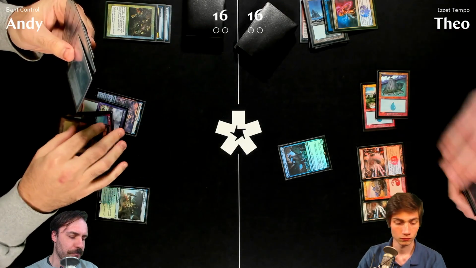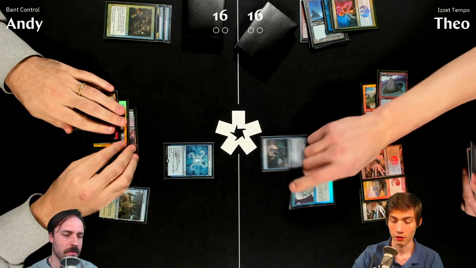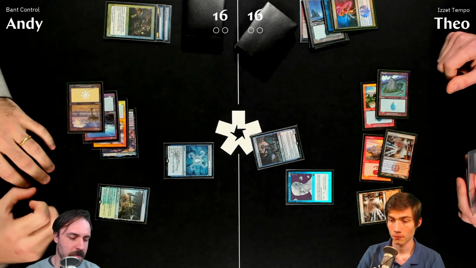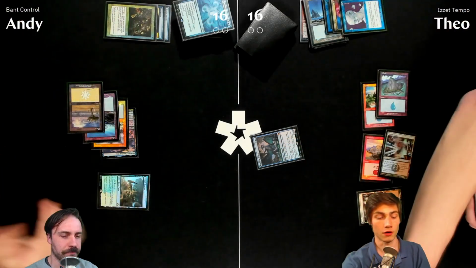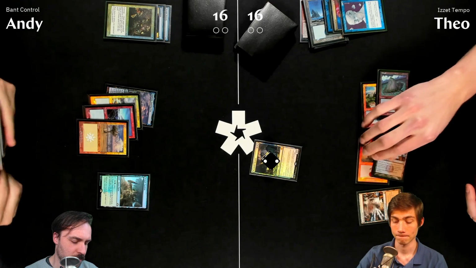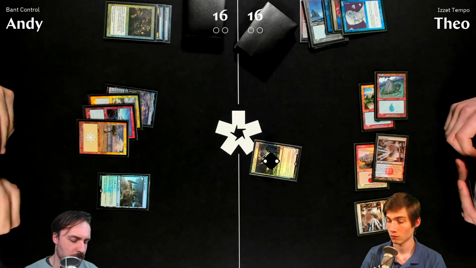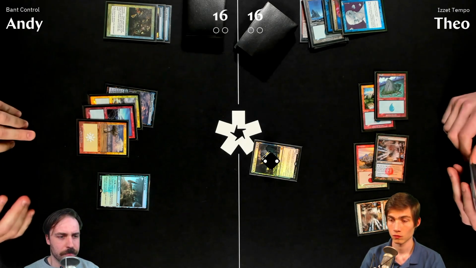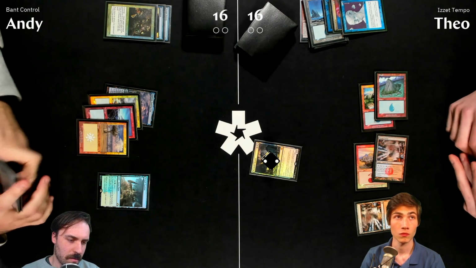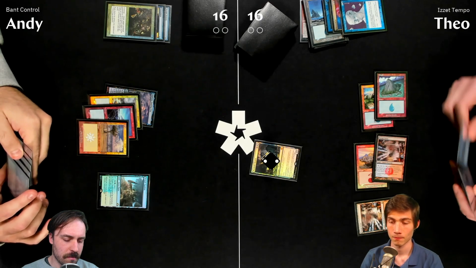Oh boy, actually. Hmm. Cryptic Command. Counter, draw. All right, I'll Memory Lapse that. That's what I was afraid of. Cryptic on top. All right, I'll pass. Draw Cryptic Command. I mean, surely you have another way to protect it. Because you know I was going to draw Cryptic Command. So...